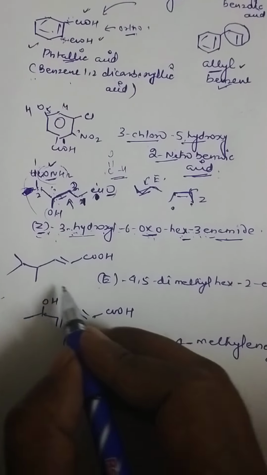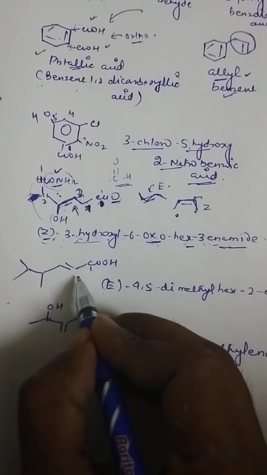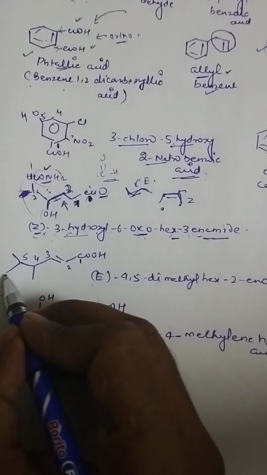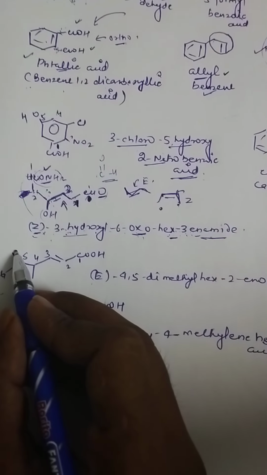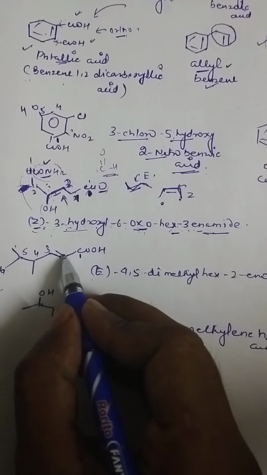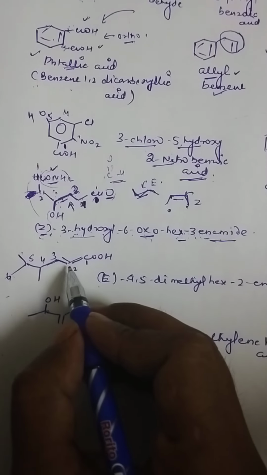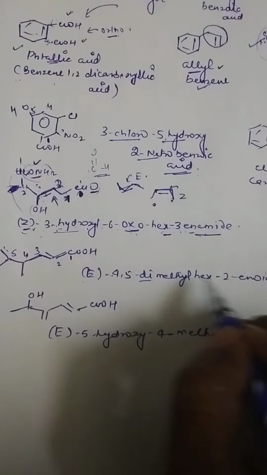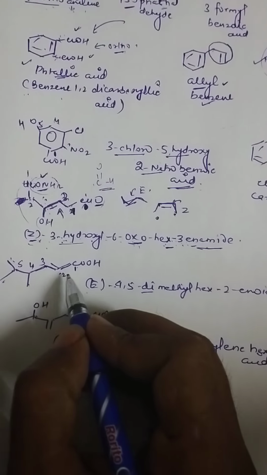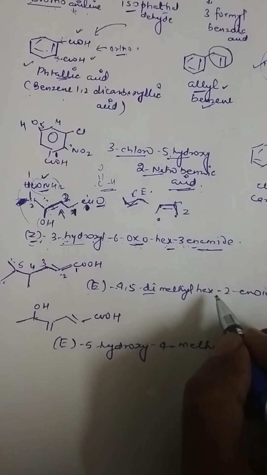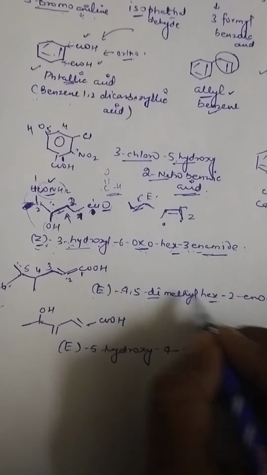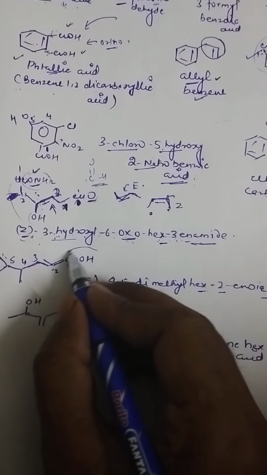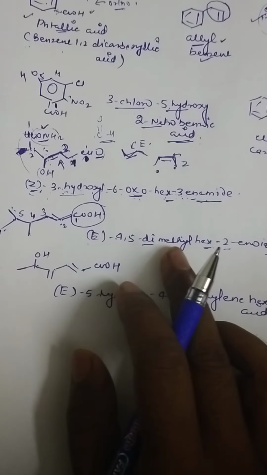Next, if you see this molecule, the numbering should be given from the functional group, 1 2 3 4 5 and then 6, either you should give this carbon or 6. If you see here, this is E because it is unlike Z. So E 4 5 dimethyl, this is the dimethyl. Hex, because a 6 carbon chain is present. At 2 there is the double bond, 2 enoic acid. So hex, this is the double bond, between 1 and 2 there is a double bond, so I wrote 2, and it is oic acid because the carboxylic group is at the end. So it is the name of this molecule, E 4 5 dimethyl hex 2 enoic acid.